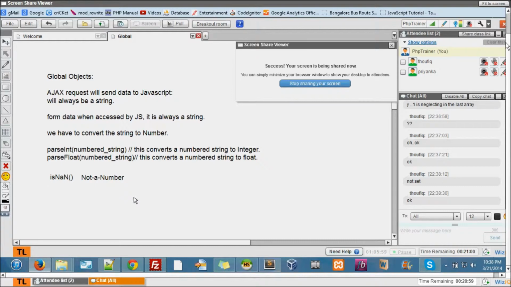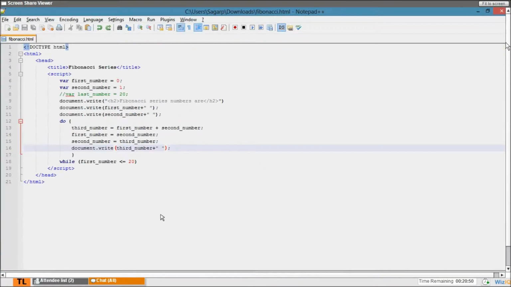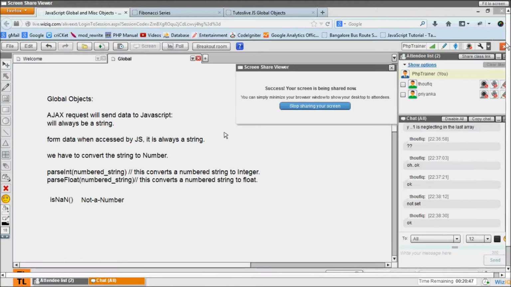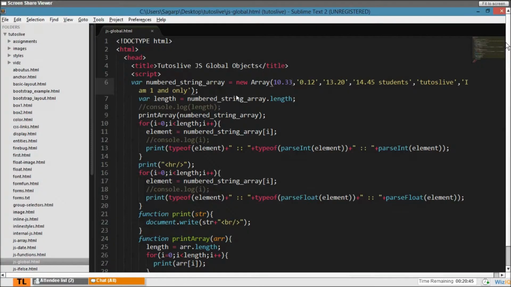Let's take an example. Let me close this. Let's take the array itself, one more array.